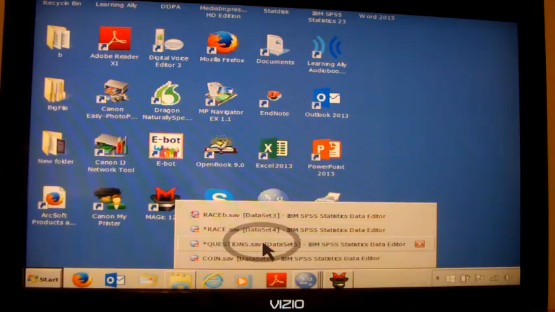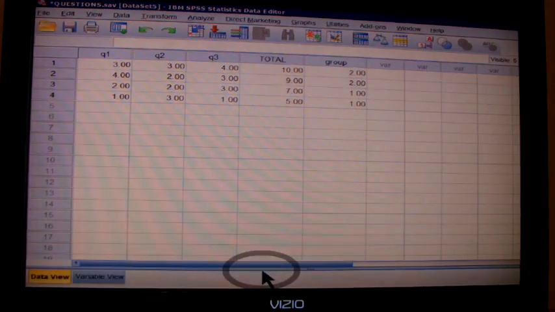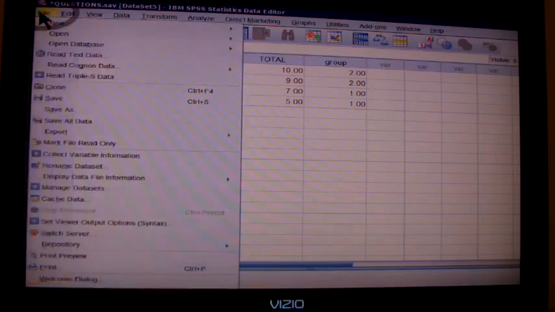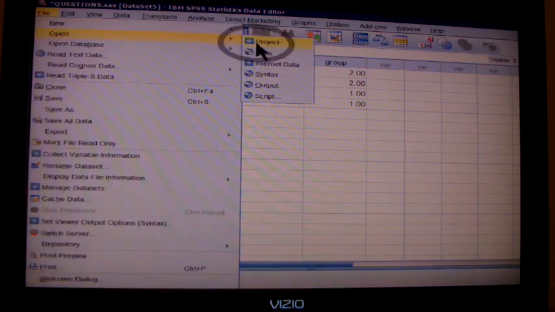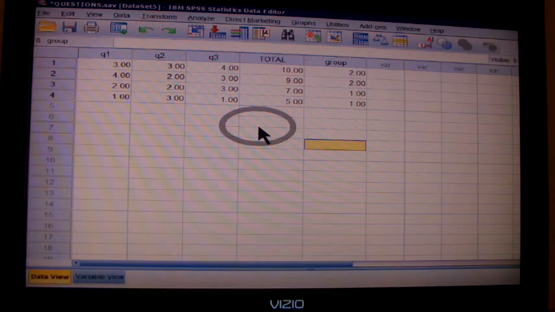I have this all minimized here on the toolbar, where you may have to go into File and Open, okay? As in what I'm referring to, you may have to go up here, File, and then Open the data. But I already have it down below, so we don't have to do that. So for the first, this is the data set from chapter 2. What we're doing first is